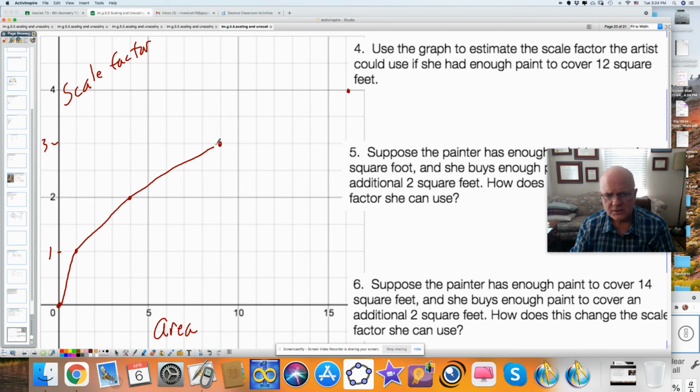It's not a line. It's a big curve. And what is this a curve of? This is the curve of the graph Y is equal to the square root of X. Where do I come up with that? Well, if you have